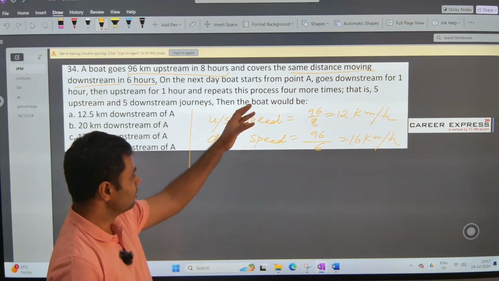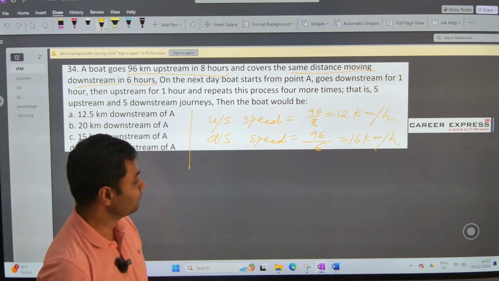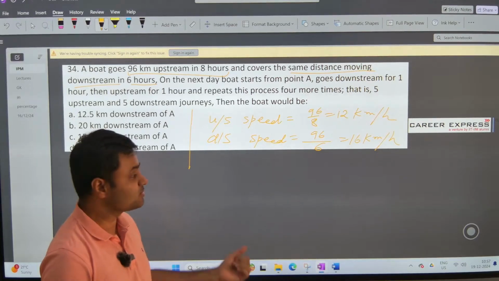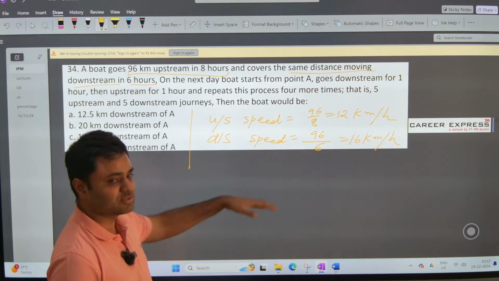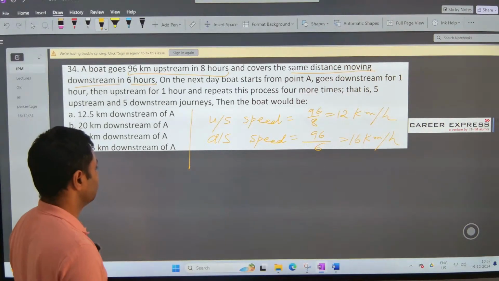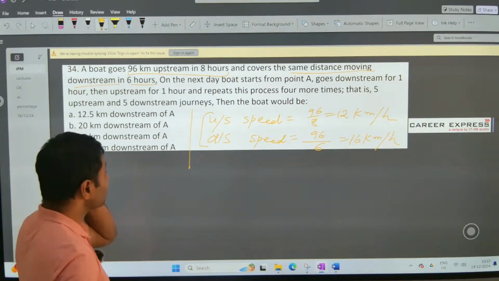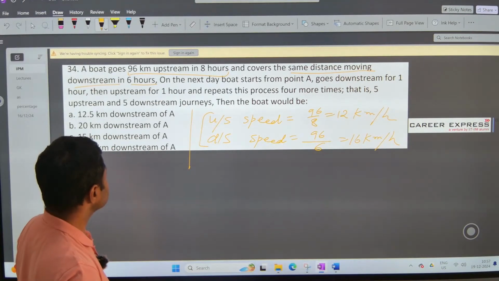So we know both downstream and upstream speed. With this, we can also calculate the speed of boat in still water and speed of stream, if that is necessary. Right? So we know these two speeds from the first line. Now, the next line says,